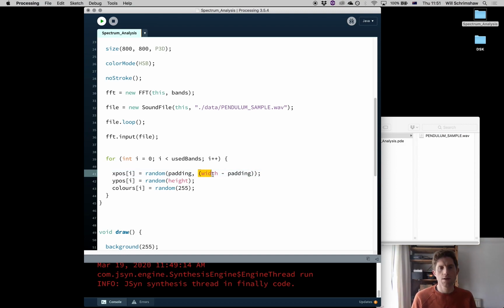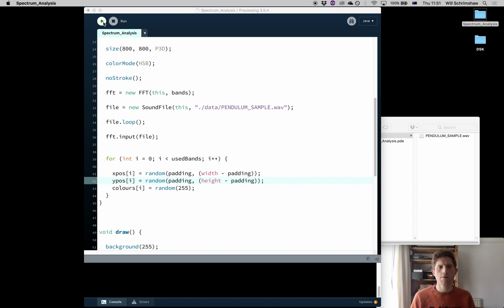Okay, so what I can do is then just do the same thing for the Y values. I'm just going to copy and paste that over and then change height just there. And so when we run this now,